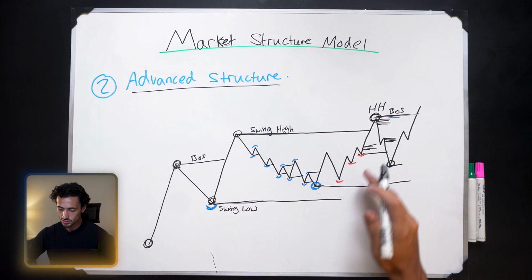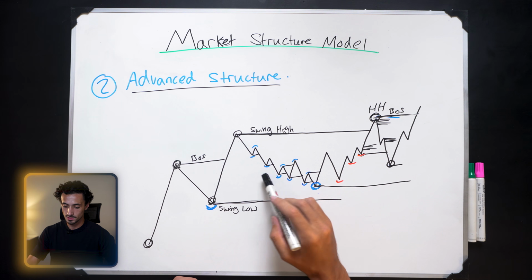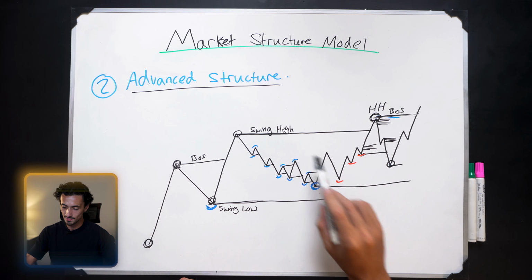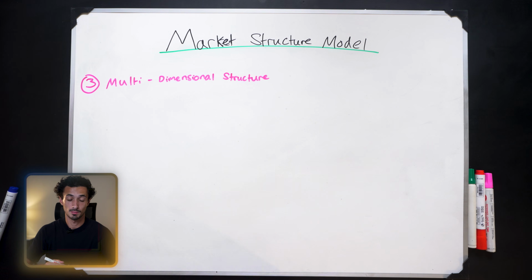It is actually simple. It's just complicated for most people because they don't understand the difference between these internal swing points and these external swing points. And so it's very, very important that you understand that. Now we're going to take a look at multi-dimensional structure, which is going to give you an even deeper understanding on how to identify these swing points and what areas to be looking for trades from. So this principle is